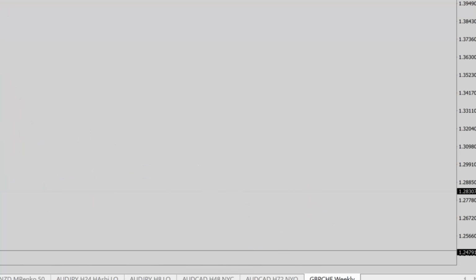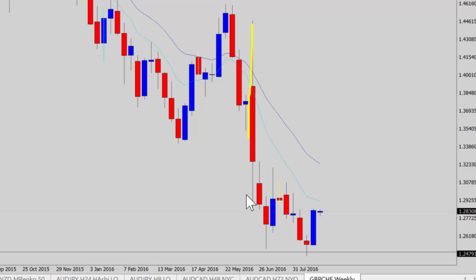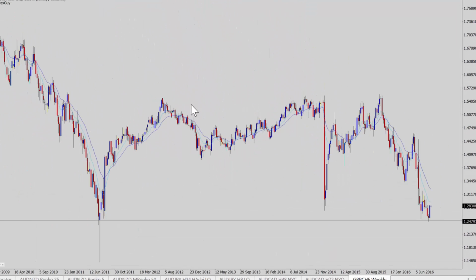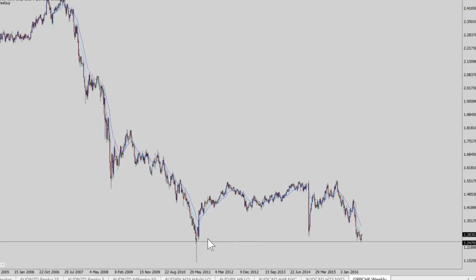After the Brexit event, we've had this huge drop, and we've found a weekly support here. Always going back to the weekly chart just to check my bearings here, and we don't really have much here, but we can generally see that the market spikes down around here and finds some sort of support around here. We don't really have a clean level to work with. What we're really going off is